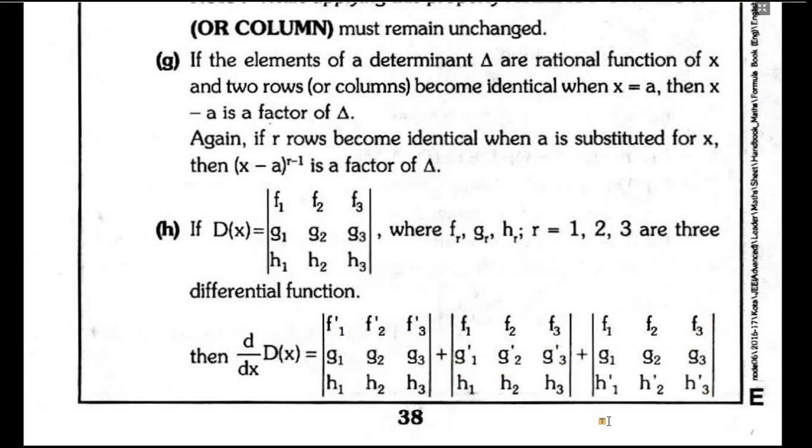If you have not seen the video, then I will give the link in the description box, as well as here in the play card. You can see f1 f2 f3 means respectively one time first function first row, second time second row, third time third row, or this can be applied for the column also.